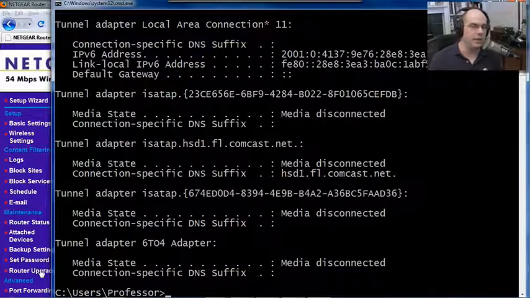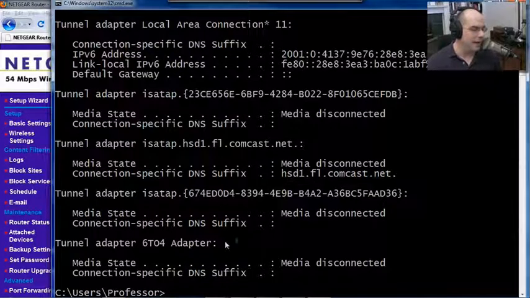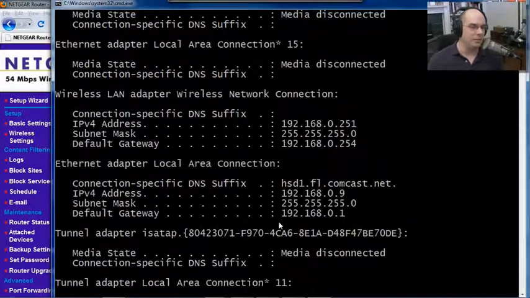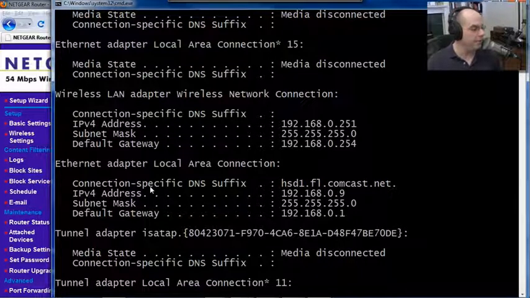Now, your machine is probably going to have a lot fewer Ethernet connections and network cards than mine does. I have a lot of virtual adapters, a lot of VPN adapters, a little bit more than most people will have on theirs. Usually you might have a wireless connection and a wired connection and maybe one other. On my wired connection, where I'm physically connected to this router that's in this place where I am, I've been given an IP address of